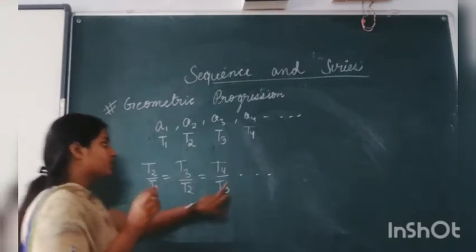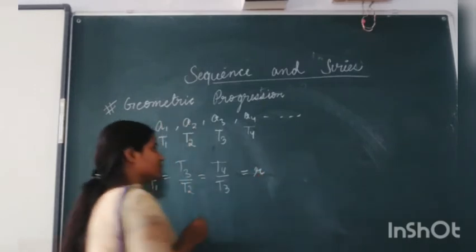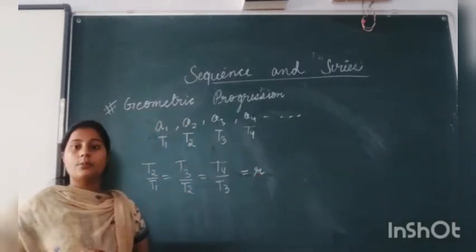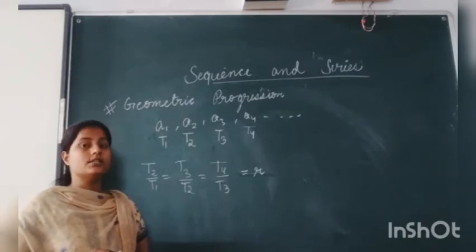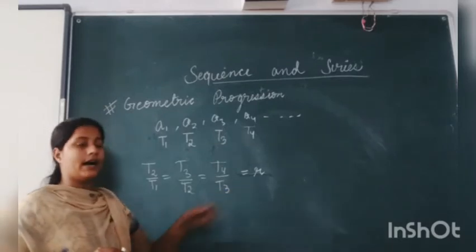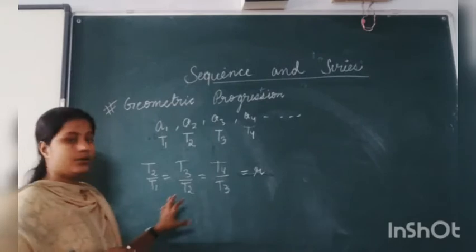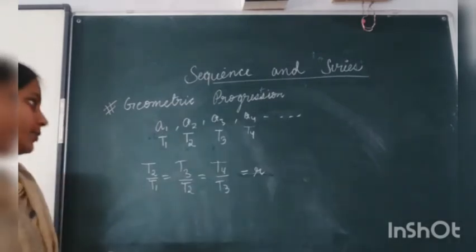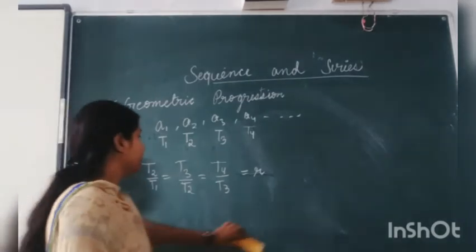उस कांस्टेंट वैल्यू को हम r कहते हैं. The value is equals to r and r is a common ratio. Like in arithmetic progression we had d which is common difference. Similarly geometric progression we have r which is common ratio. Also the way we have studied arithmetic progression, arithmetic mean, similarly we have